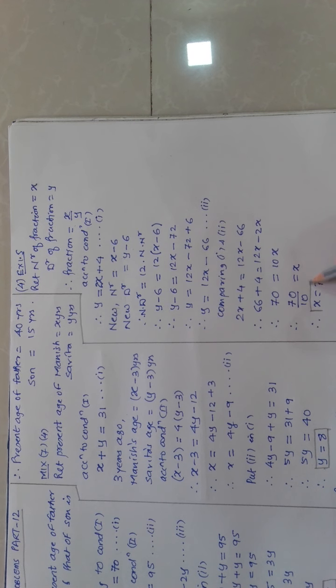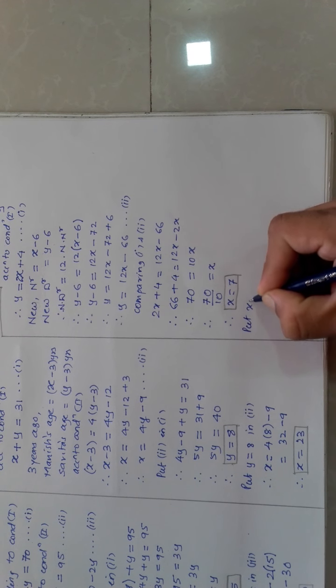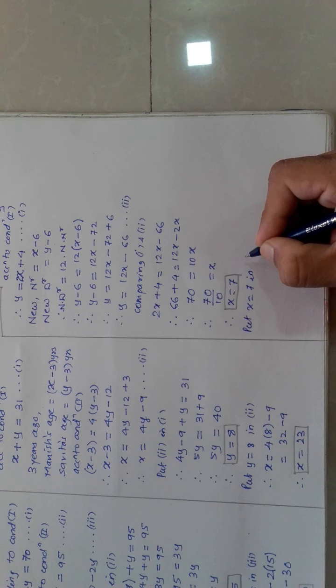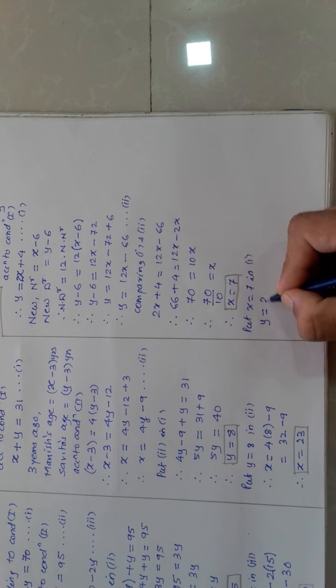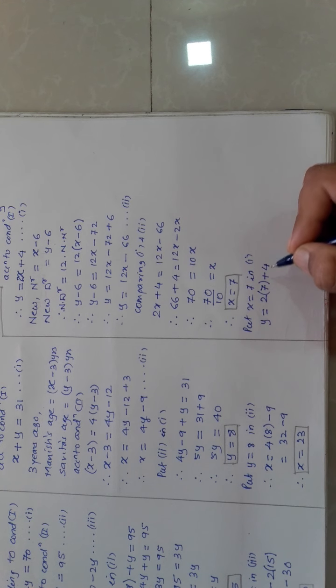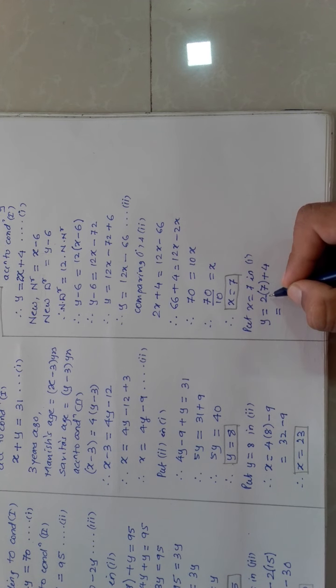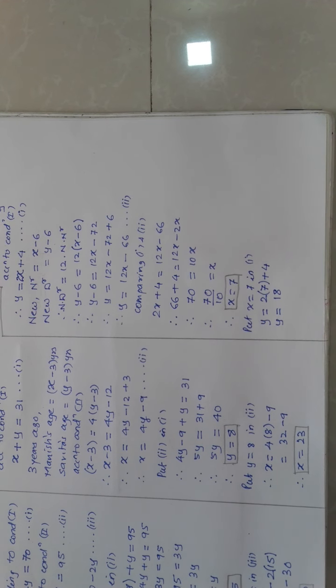Now you can substitute this in any of the easier equations, wherever you feel. So obviously the first one is very easy, so I'll put it in the first one. Put x is equal to 7 in the first one. You get y is equal to 2 into x, that x is 7. If I write it like this, I have already explained, it will become 27, so bracket plus 4. y is equal to 2x plus 4. So 7 twos are 14. 14 plus 4 is equal to 18. So you get y is equal to 18.